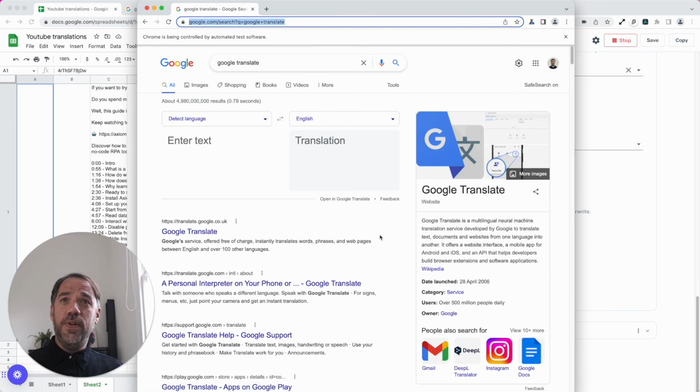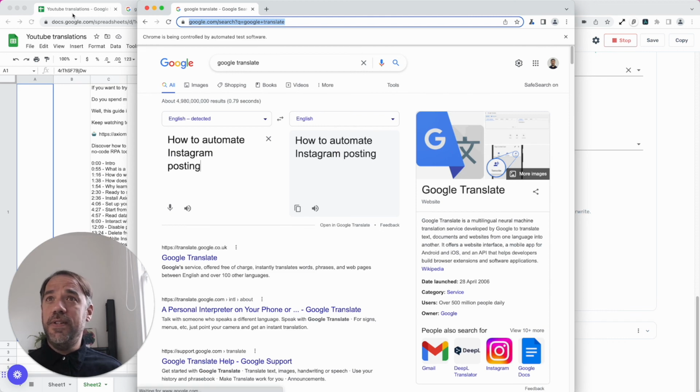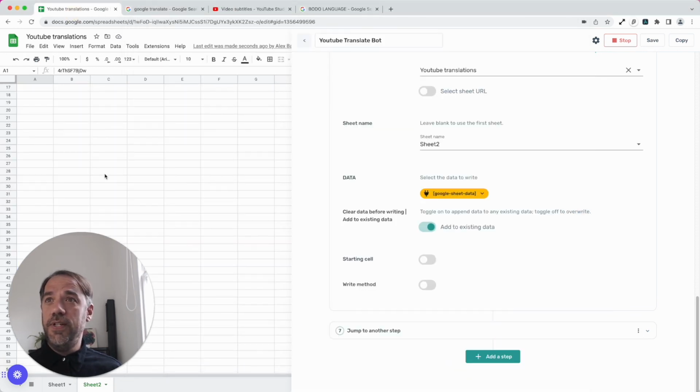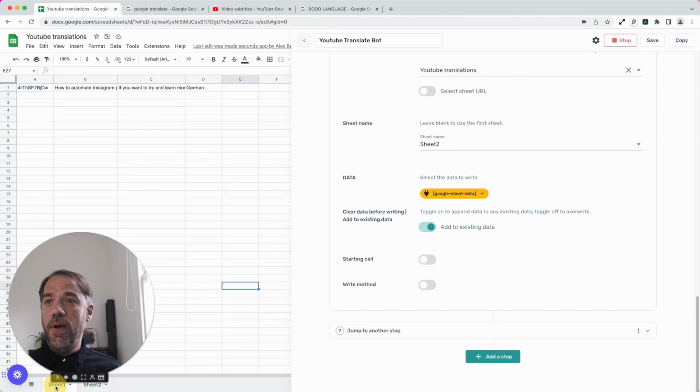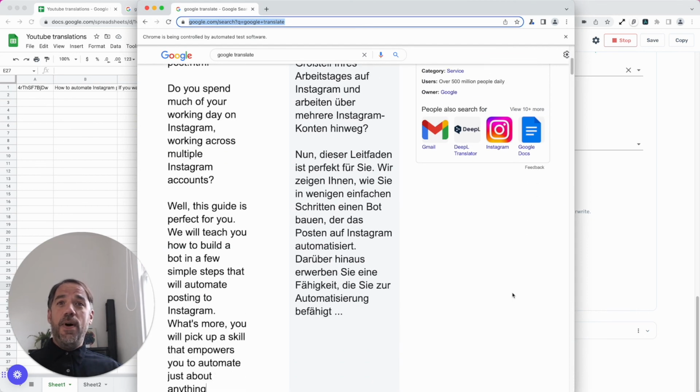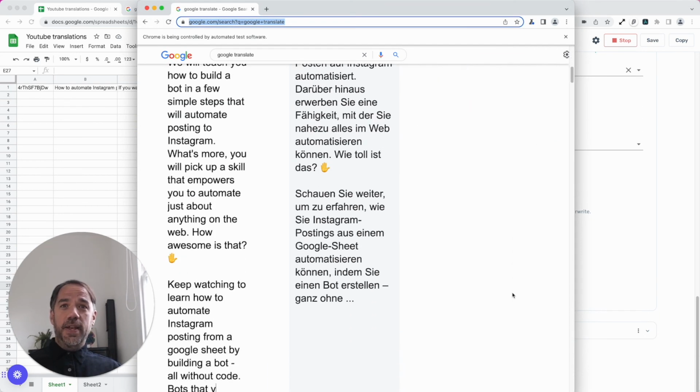Now, shortly the bot should loop through, and here comes the loop. Now let me just, in the background, go to the Google Sheet. You can see that in Sheet 2 we've written the row, and we've also deleted the row. So everything is working as planned. Back to the bot. Here's the next language coming in, German, I believe,